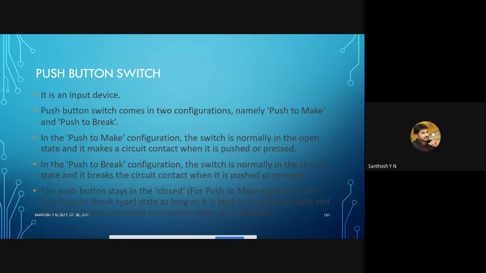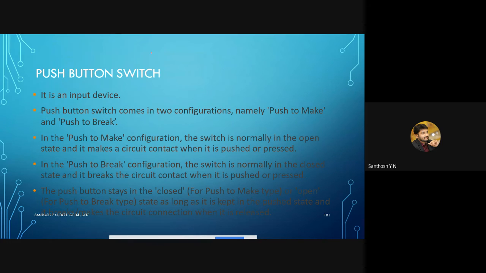Another component that we can use in our embedded system is a push button switch. Again, this can also be seen in washing machines, right? If you want to turn on an embedded system, you will use a button called a start button, or in some washing machines it will be written as power. That is nothing but a push button. Why we use these is to facilitate the user in using the embedded systems. Again, it is an input device.